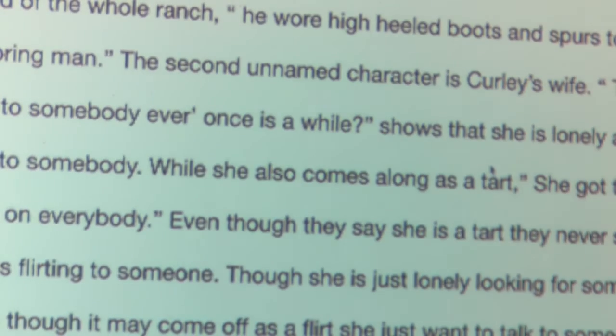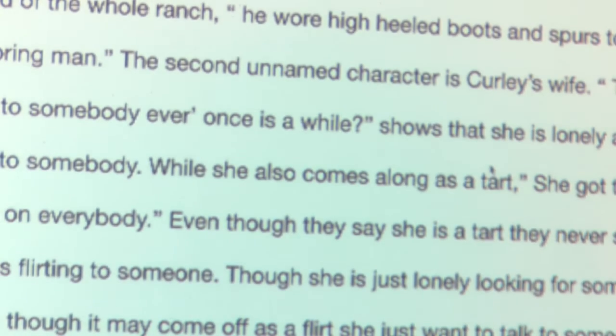Very first thing. Listen. If you look at the outline, it's called the absence of character names. Then underneath that, for part 2, it wants you to talk about the boss. It does want you to capitalize the B in boss. And then it's going to want you to talk about Curly's wife.